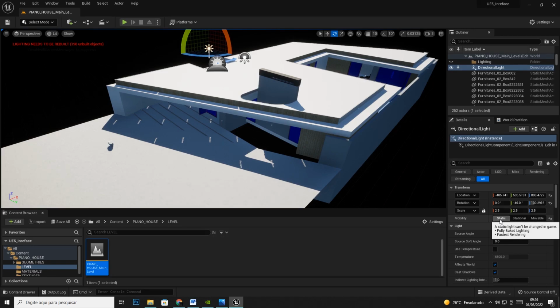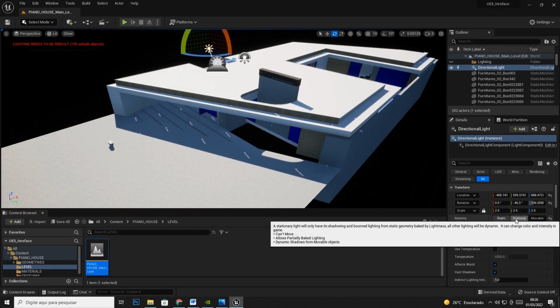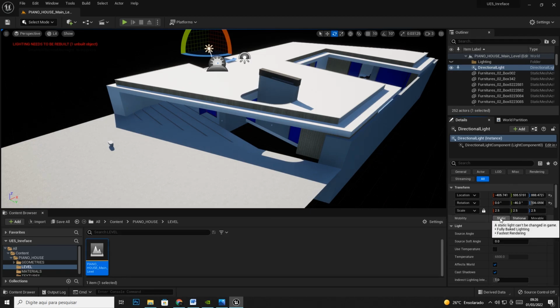This way I will not be able to move the position of my light, or I can choose the stationary form. All right, that is the middle ground of the static light and the dynamic light, which means the type of fixed light and the type of light in real time. If I use this type static, I have benefits and cons. One of the benefits, I have more fluidity in my scene, more frames per second,